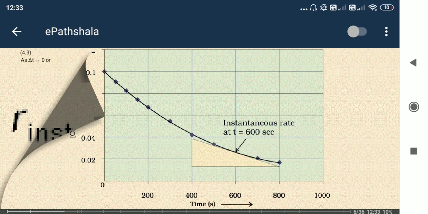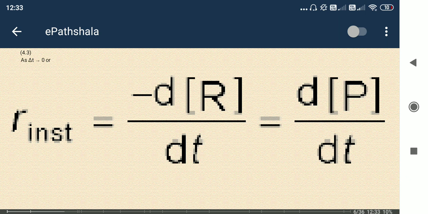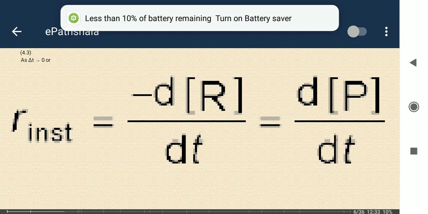Another thing here, you can see R instantaneous is written. So what do we mean by average reaction rate and instantaneous reaction rate? See, reactant is converting to product, but the rate of formation of the product is not constant, it is changing. How and why? Because as the forward reaction moves further, the concentration of the reactant is getting lowered, because we are not supplying it from outside.